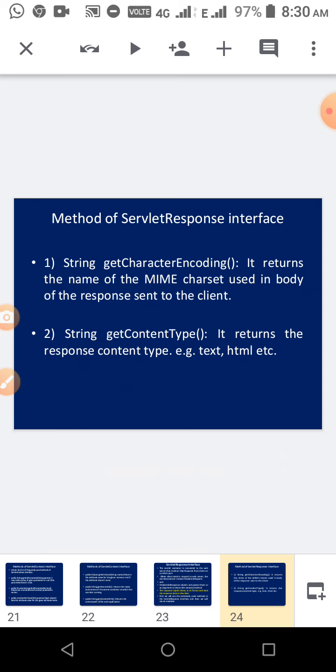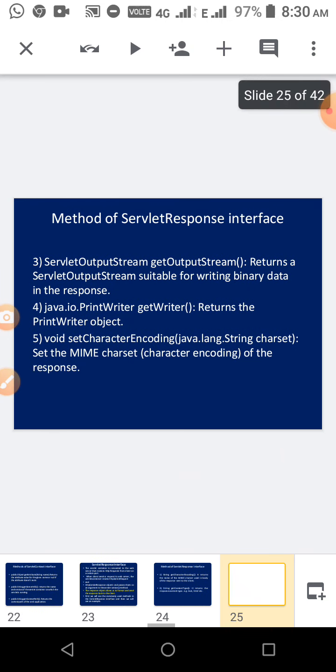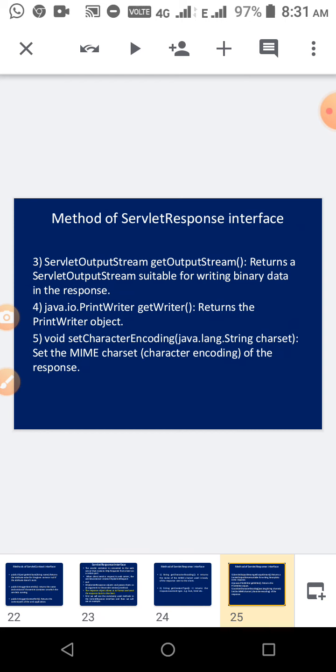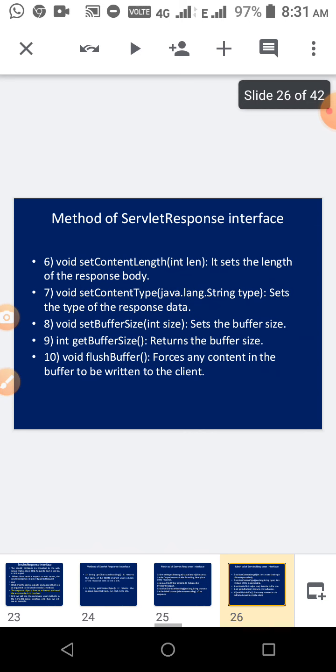And then getContentType, the type of the response content, whether it is text or HTML. Several methods we are using, and then the output stream method, and then PrintWriter getWriter, which returns the PrintWriter object to display the value, and then character encoding. These are the methods used in the servlet response interface.